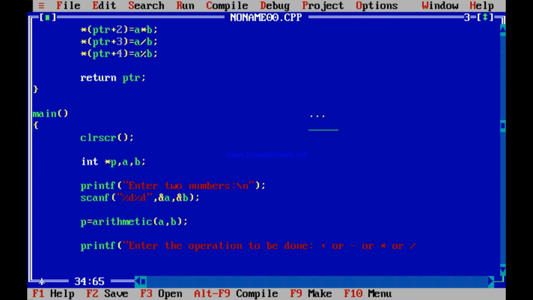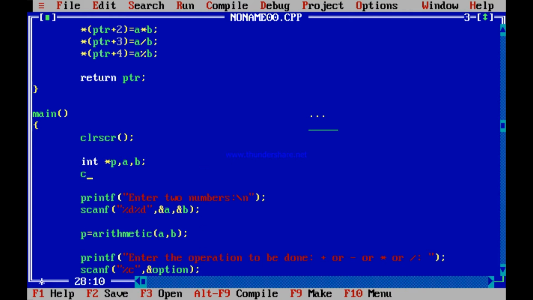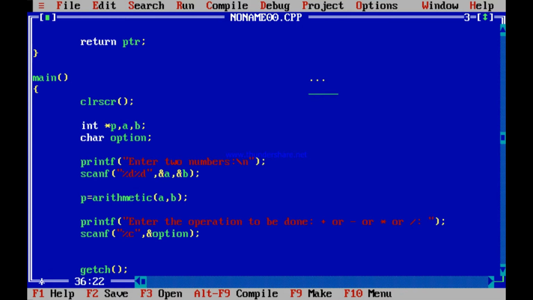I just want the option from the user. So the user will enter an option, I will have to scan it. Now what I scan is plus or minus or into or division sign. So definitely that has to be a character, %c ampersand, I can name it option. So I need to have a character variable called option. I scan it in a character called option.